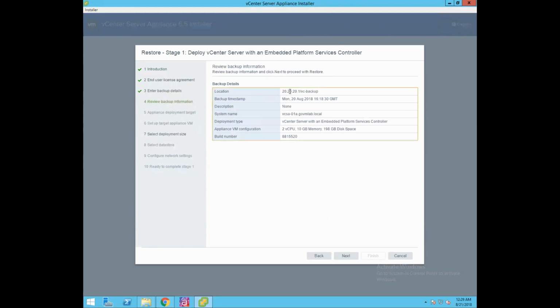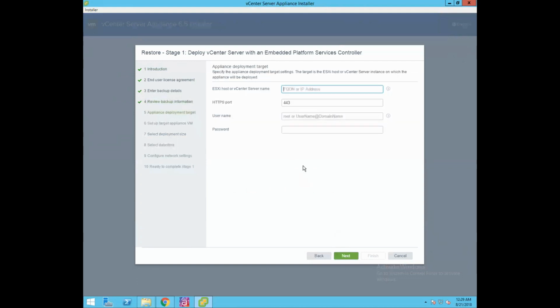The location is 20.20.20.1 slash VC backup. The backup time was this. This is the name of our vCenter server, vcs-018.govmlab.local. Deployment type is vCenter server with embedded PSC. Appliance is having 2 vCPU, 10 GB memory, 198 GB of disk space, and this is the build number. So this is the overall review of our backup information. Click on next to proceed.